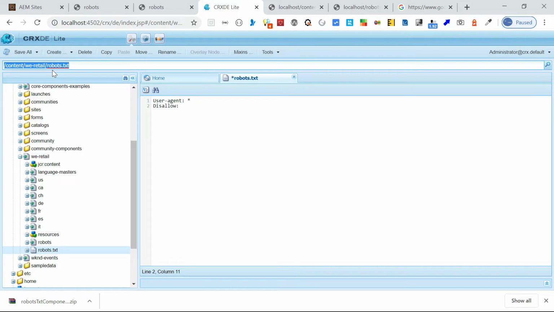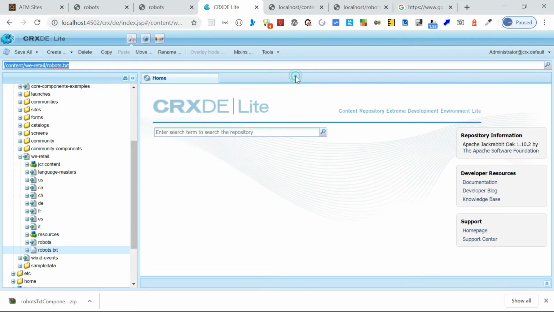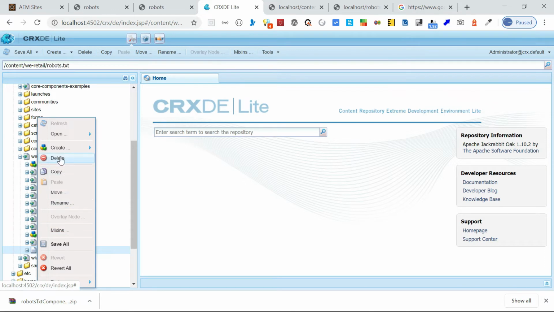Then whenever you want to change it, you need to go individually to all the files and change. This can be avoided by creating a global and site specific robots.txt file and serving the actual file through a servlet. The global file will have all the global level configuration, the site specific file will have the site specific configuration, and then there is a servlet. What the servlet will do is merge both the files and serve the robots.txt content at runtime. Let's see how to do that.